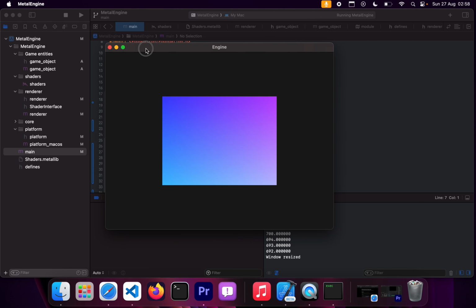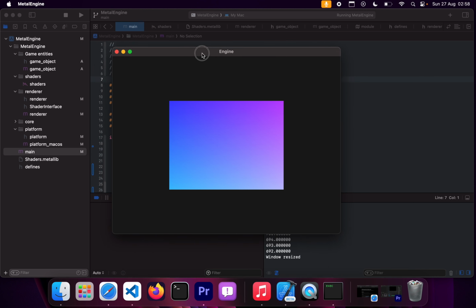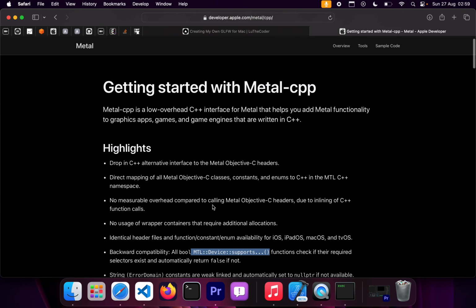And believe it or not, it's actually quite simple depending on which programming languages you guys are using. There are two ways to go about this, and in this video I'm going to talk about those two different ways. So what are those two different ways? Number one is you can use Objective-C, which gives you access to Metal and all the other Apple related header files, and it makes your life really easy because you don't have to rely on any external third-party libraries. And then the other way is, if you are using C++, you can use a